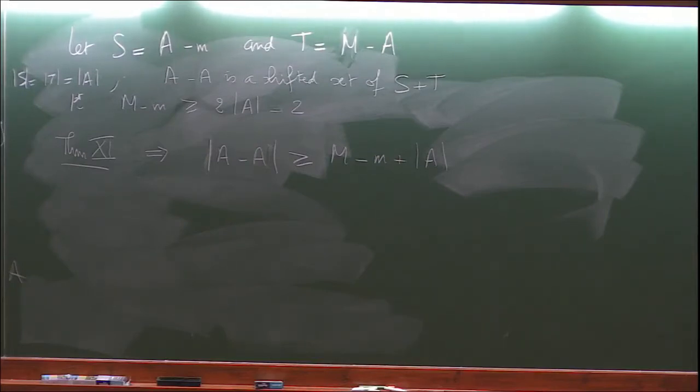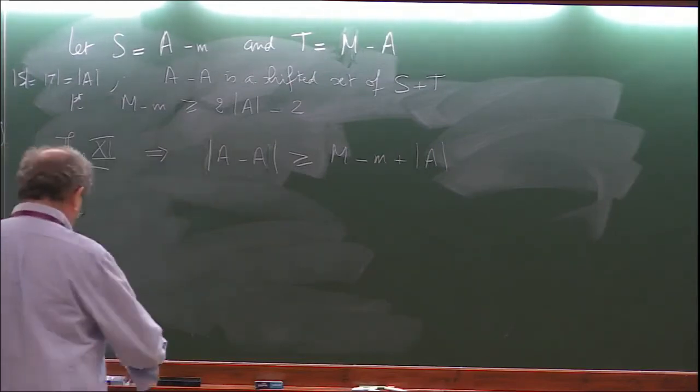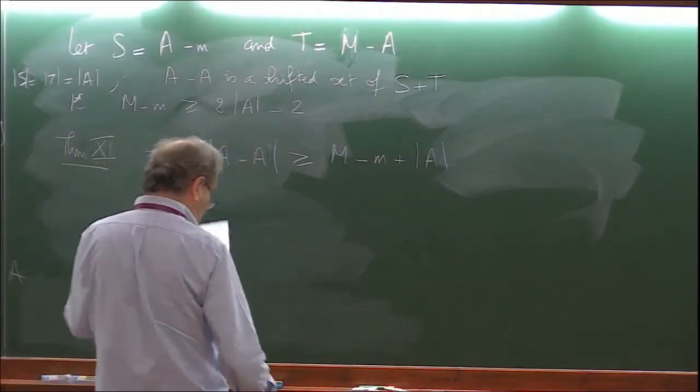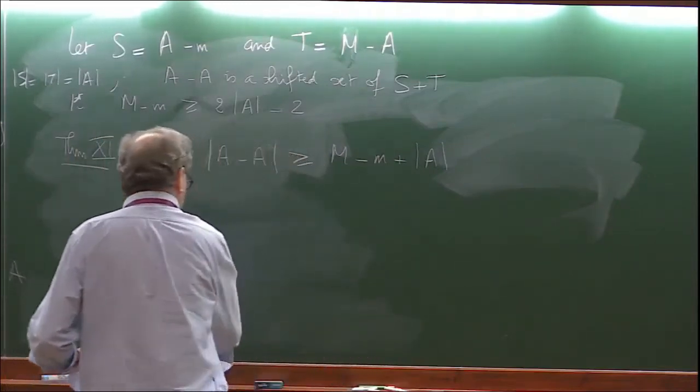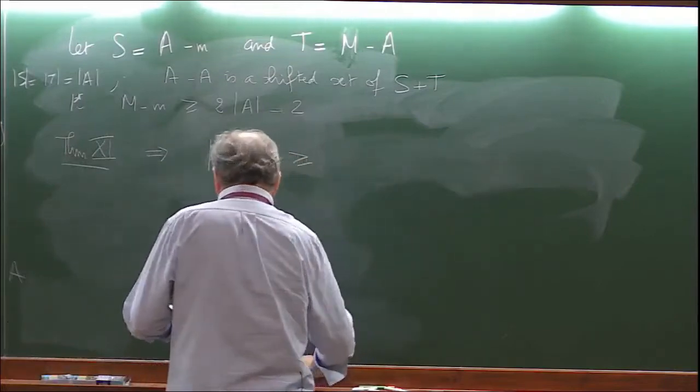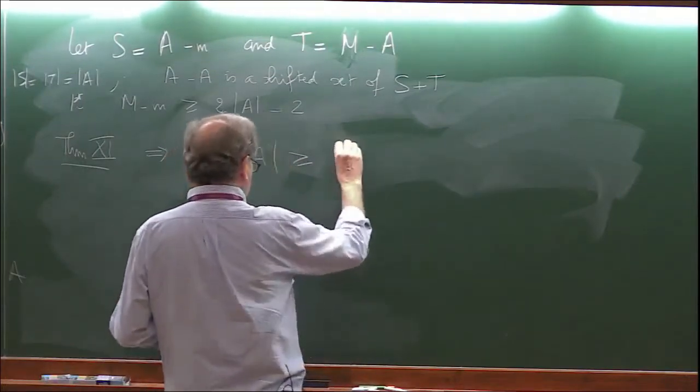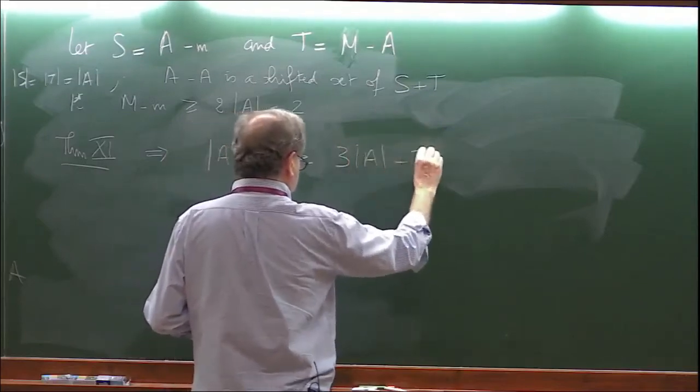Yes. What did I do? Possibly I started with the... Yes, you are right. I am in this case, and this case is indeed Theorem 11, and so I don't have this. Thank you very much, I was too quick in that. So this is 3k minus 3, so this is 3a minus 3. Thank you.